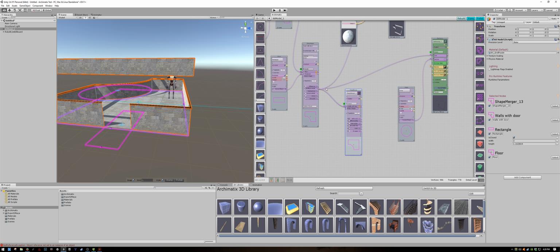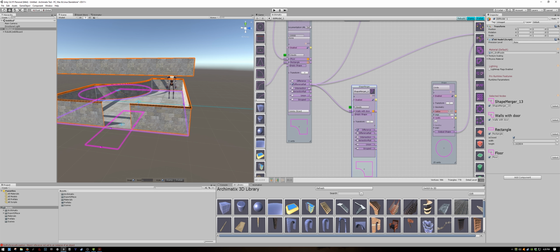If yours didn't connect, simply grab the output of the difference rail and click it into the input of the new shape merger node. And this one, for clarity, I'm gonna rename walls with door and